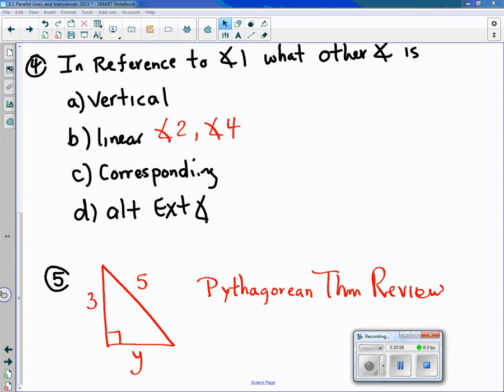And then finally, I want you to do number 5, using the Pythagorean theorem. This is a review problem. Find y